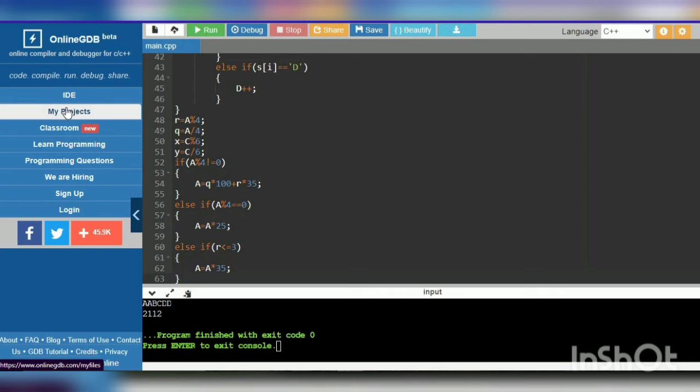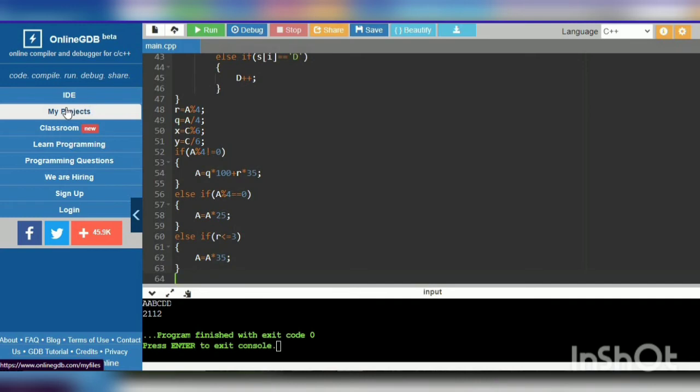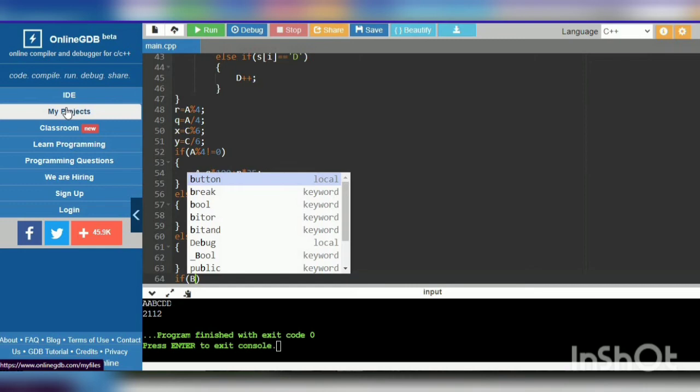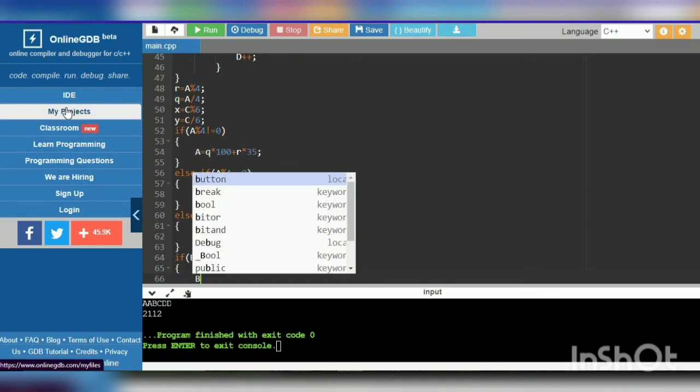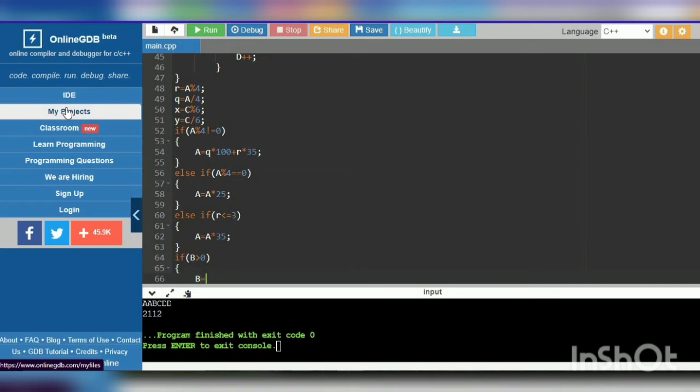Suppose for 4 it is 100, then for 8 A is calculated, then 200. Suppose for 12 A is calculated, then its value is 300. And we will write the logic for B: if B is greater than 0, there is no other condition for B, then simply we will write B into